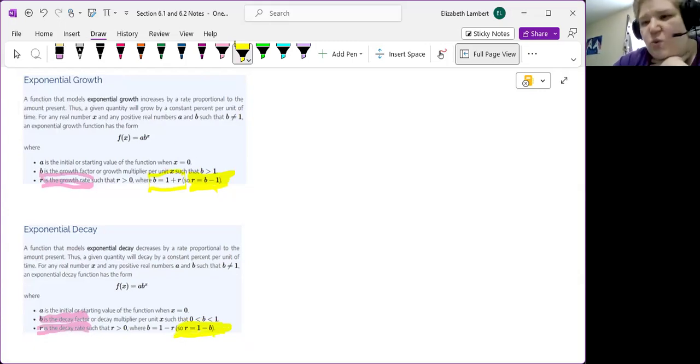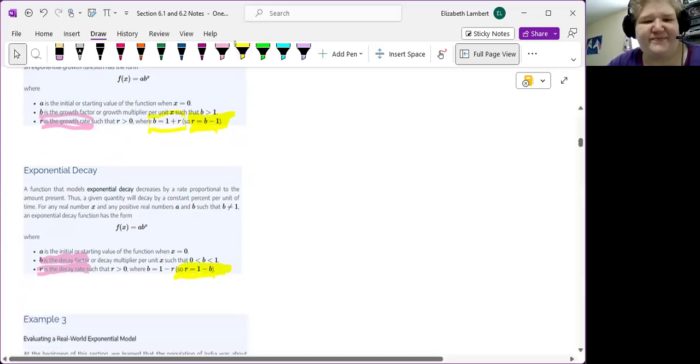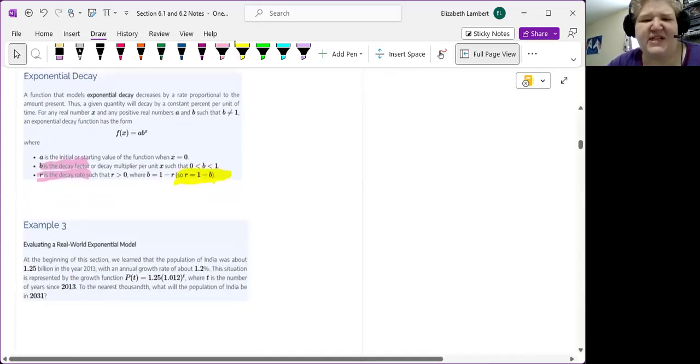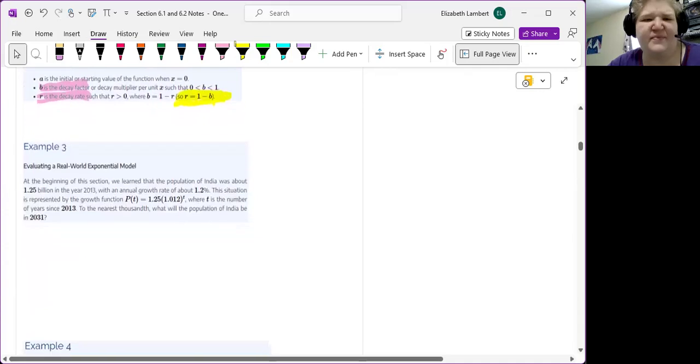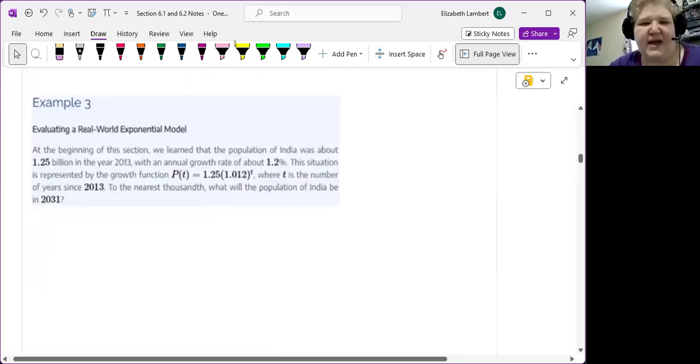If you do b minus 1, you'll get the decay rate, but negative, which to me indicates it's a decay, but they don't want you to put negative rates, so yeah. So 2 formulas instead of 1. All right, so we have here